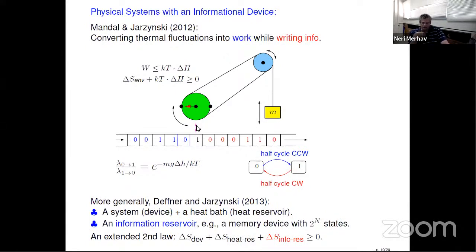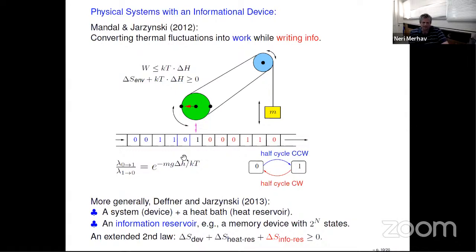And there is transition back and forth from state 0 to state 1, as we see here in the diagram, where in state 0, I can only make a half cycle counterclockwise. And when I'm in state 1, I can only move clockwise. So only the blue arrow can lift the mass, while the red arrow causes the mass to descend. So the overall work done by the system depends only on the parity of the number of transitions.